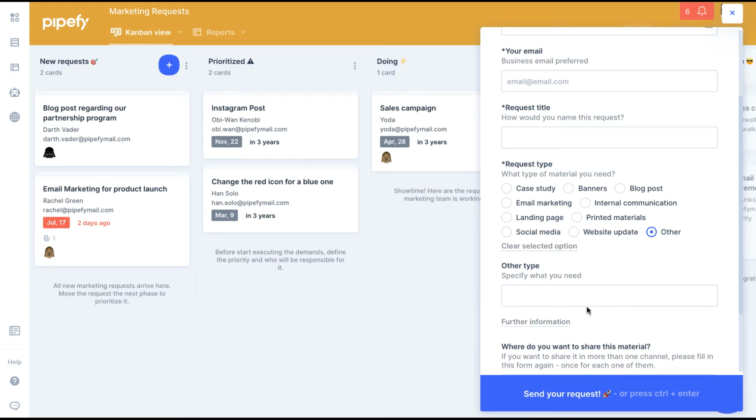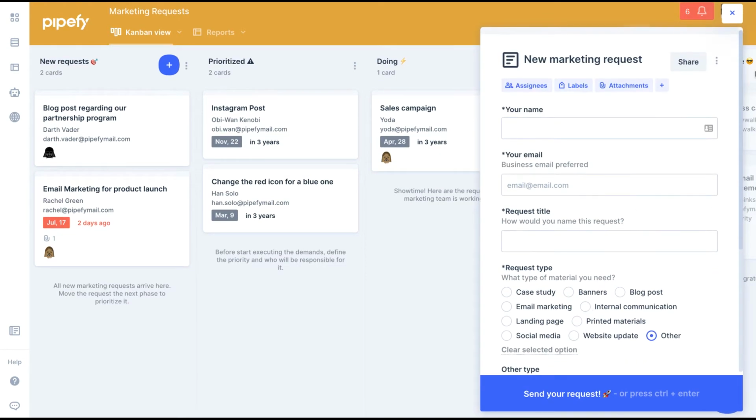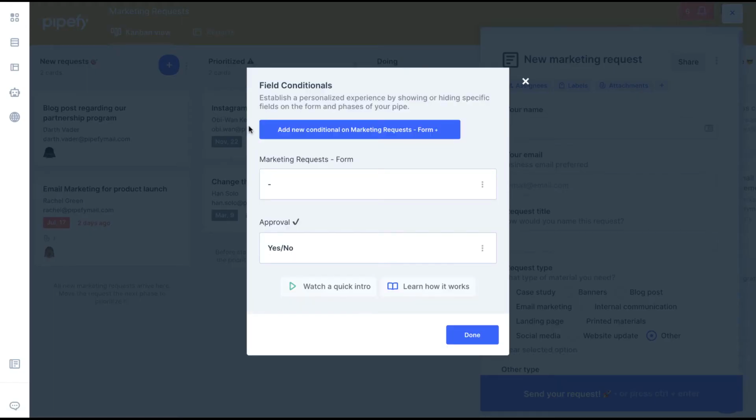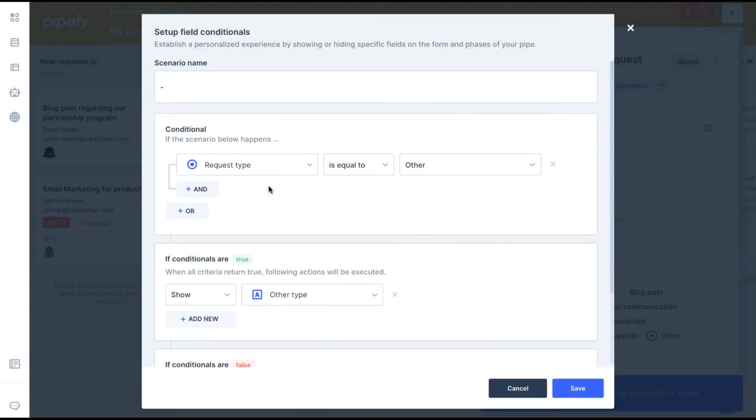To create roles like this, you can click on the three dots and then select the option Set up Field Conditionals. In this environment, you can see all the conditionals that your team already created or even add a new one. By accessing the Conditional Panel, you can select specific scenarios for your forms and cards and ways to make them